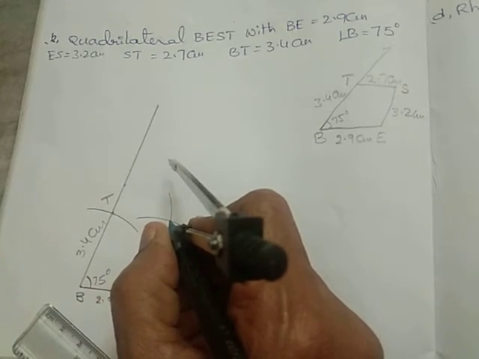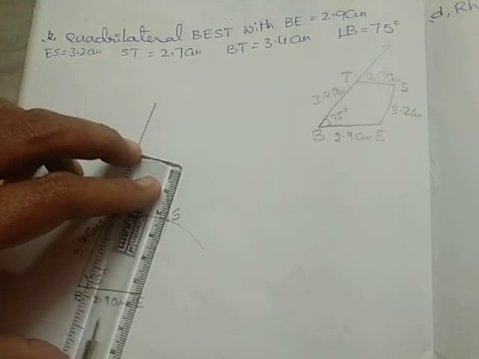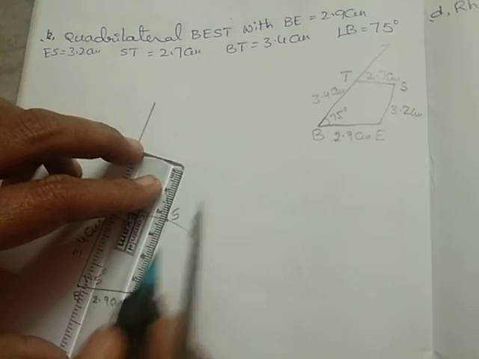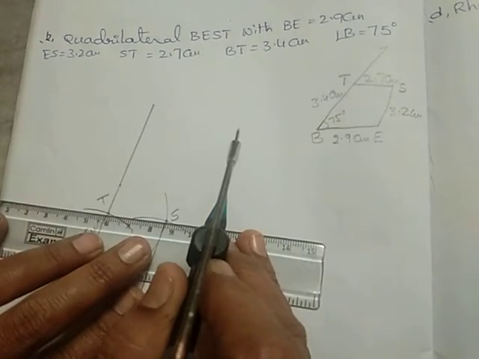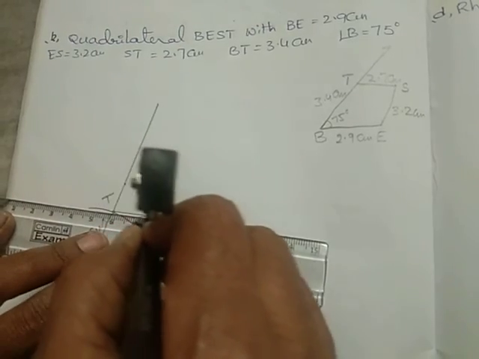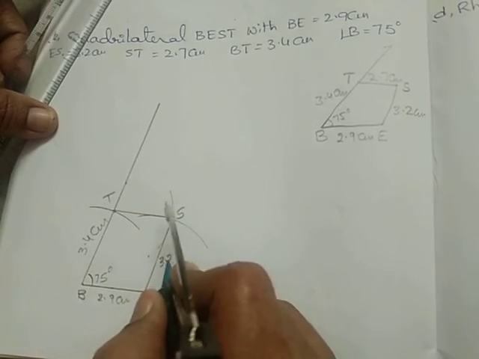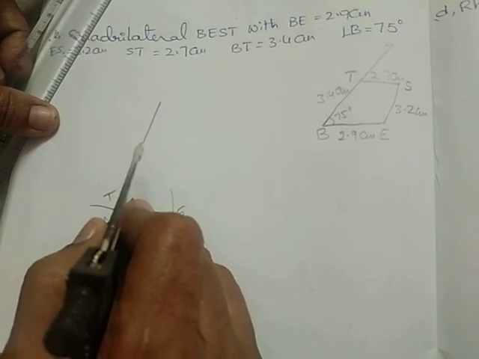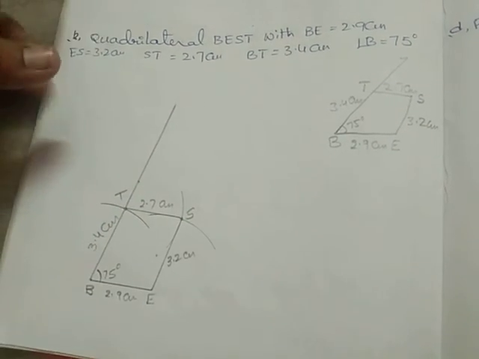So the point of intersection here is S. Join ES, and join ST. So this is our required quadrilateral BEST. So this is 3.2 centimeters and this is 2.7 centimeters, and write this